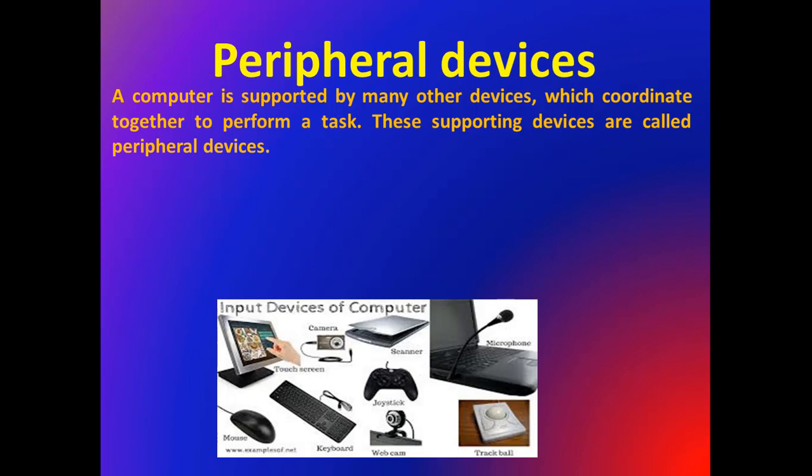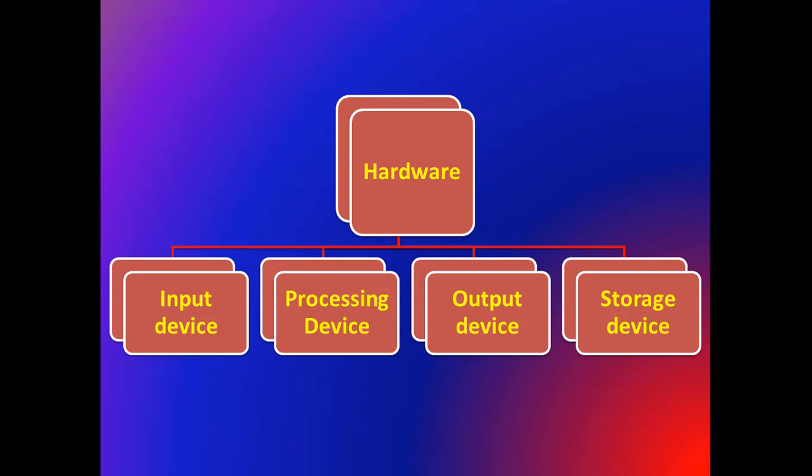इसके अलावा जो भी parts आपके system से connected हैं, all are the peripheral devices. Hardware. These peripheral devices are also known as hardware. So students, here are the four types of hardware. In this chapter we will discuss the input device, the output device, and the storage device, because the processing device is not part of your peripheral devices, because this is the main device.